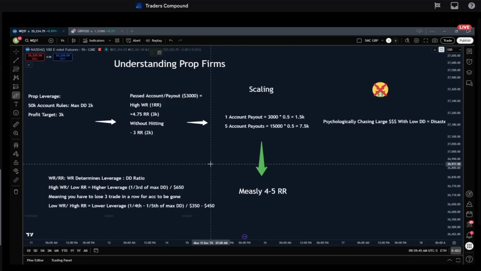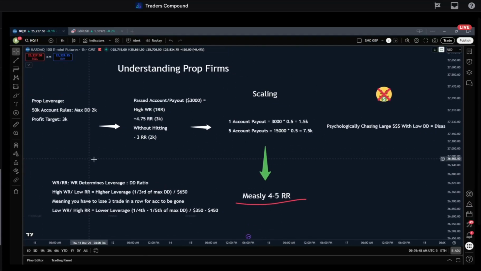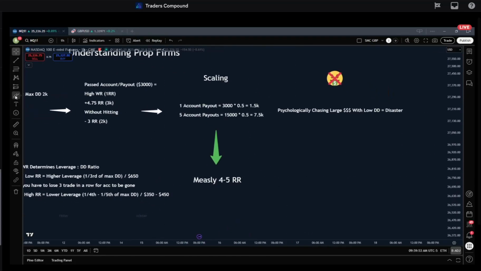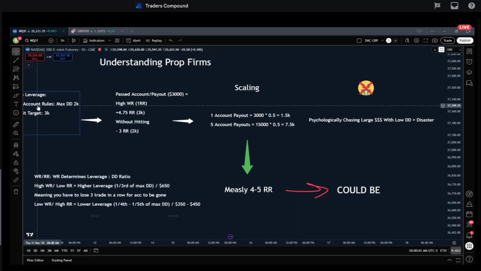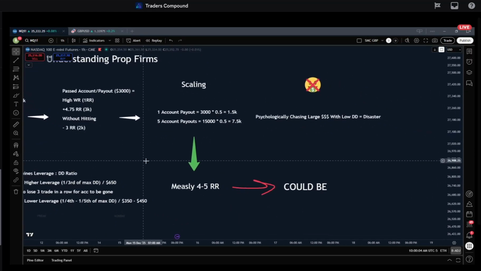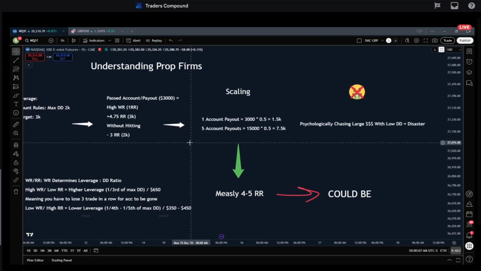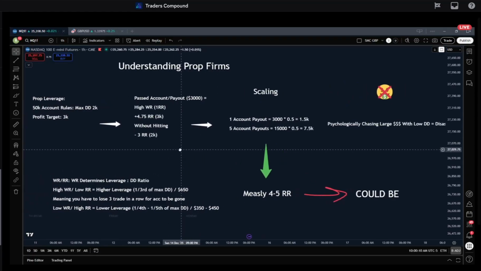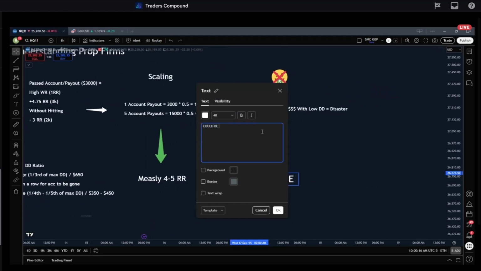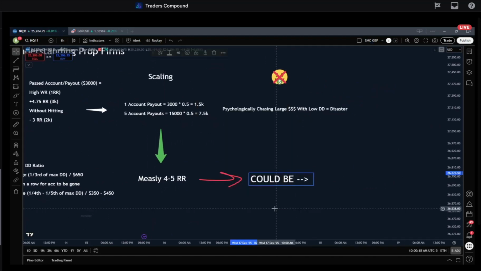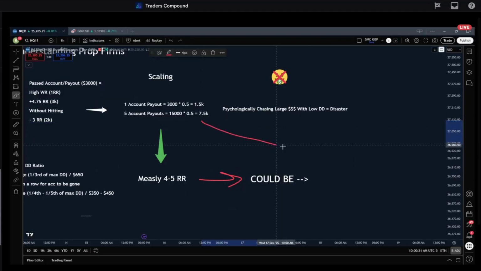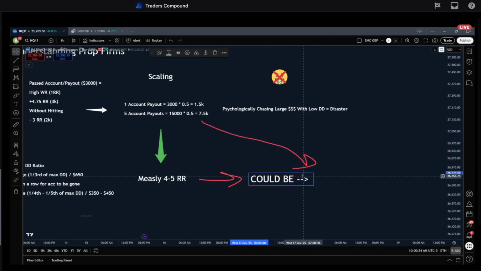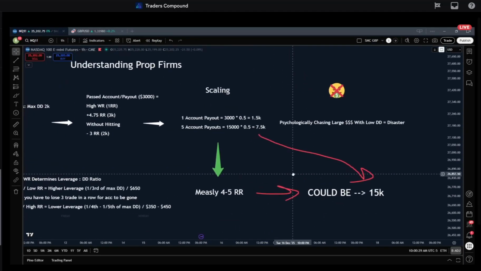If I'm trading at a higher leverage or a higher risk to return, sure, there will be some months. Again, what I like to have is consistency, right? So let's gauge this in a different way. Let's imagine another world where I'm scaling up. Maybe I trade $1,000 and I only have two, maybe not even two trades. There are times where my could-be's are like $5,000, my 7.5 would turn to 15K. Do we want could-be's?